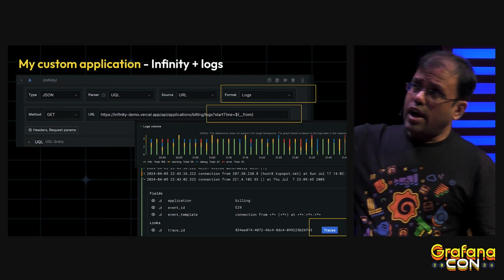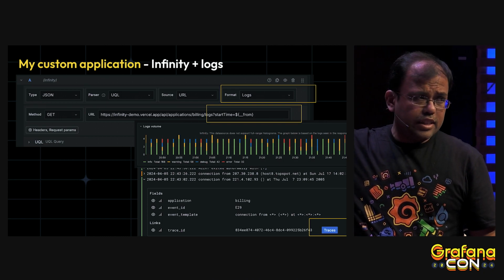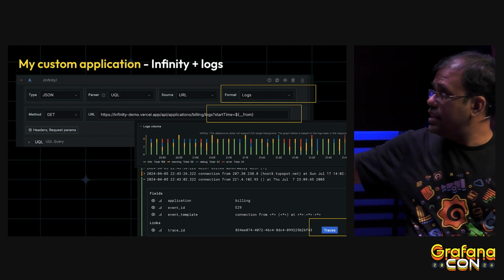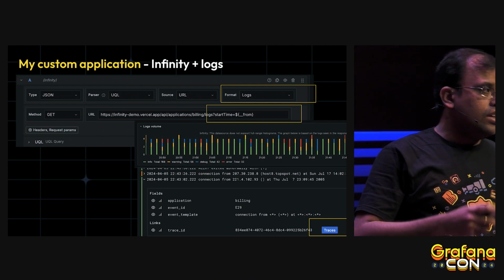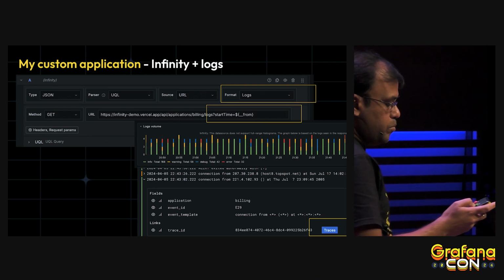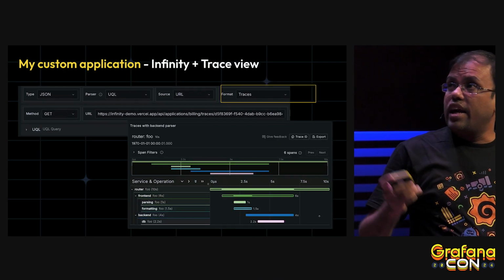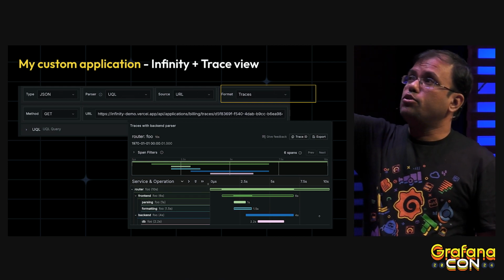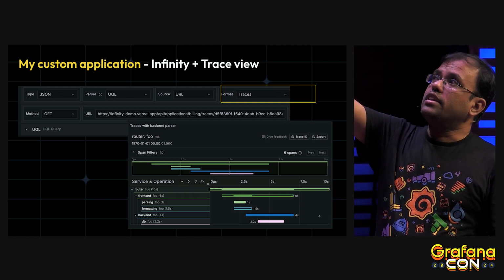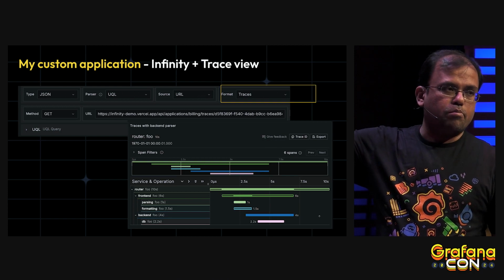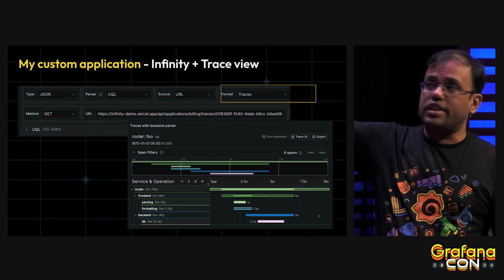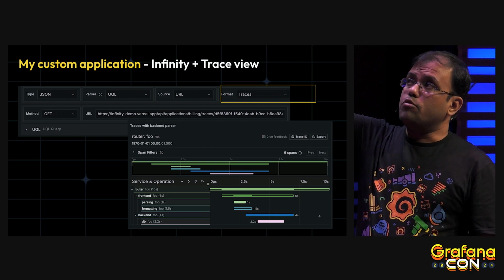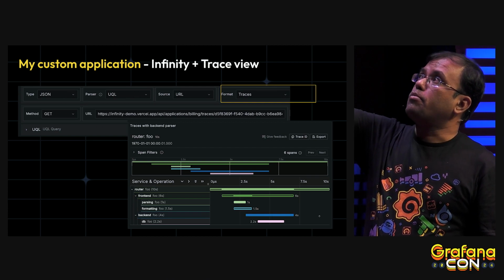At the bottom, you see there's a small button, traces, which takes me to the corresponding traces from the trace ID. This is the corresponding trace ID view. It uses the same application, but this time the endpoint is the traces endpoint instead of the logs endpoint. Simply by passing the URL, I'm getting all the traces data.